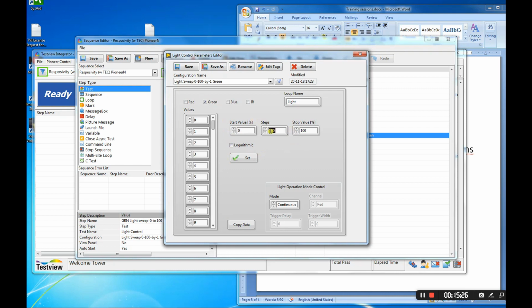I think this is the limit. Let's see how it works. No, the maximum value is 100.